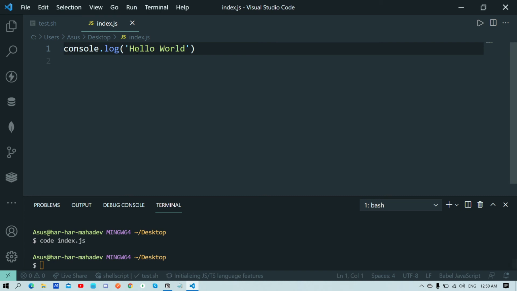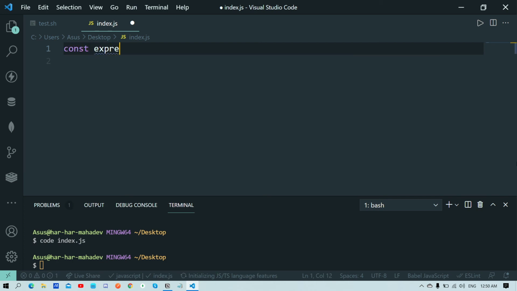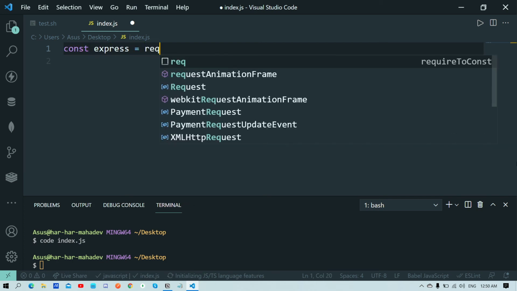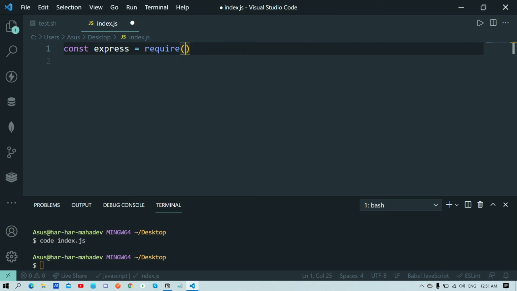Now imagine there is a hello world, okay, and you are creating some kind of Python page or anything, you are writing code like this, okay. Const express equal to require. This is the boilerplate for Node.js.